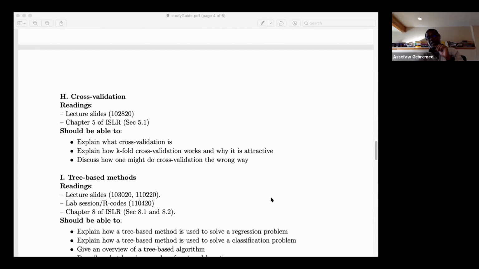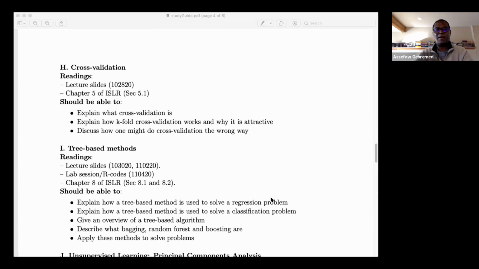Then we spent a lecture, and I think we also spent probably a lab session, I'm not quite sure, but I remember the lecture for sure, on cross-validation and its importance. And the section in the book related to this is chapter 5, section 5.1, and here are the kind of things I expect you to know about